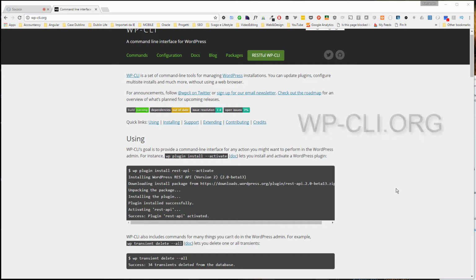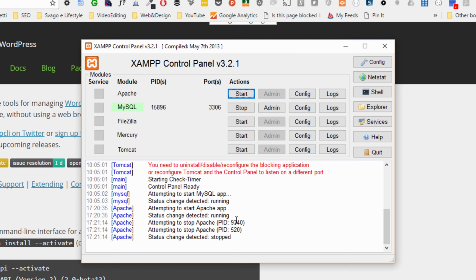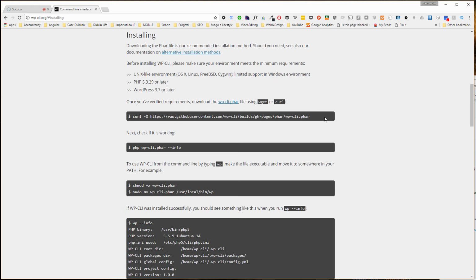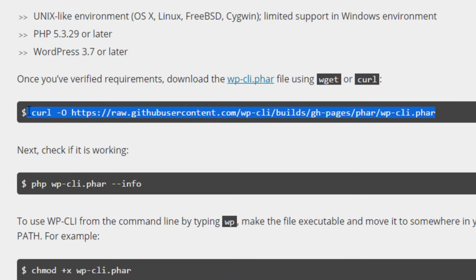Before starting this tutorial, make sure that you have at least XAMPP installed. The important thing is that you have at least PHP and MySQL installed on your server. If you don't know how to do that, see in the comments and I'll leave you the link to install XAMPP. What I'm going to do is to click on the installing instruction, and I'll copy this first instruction,